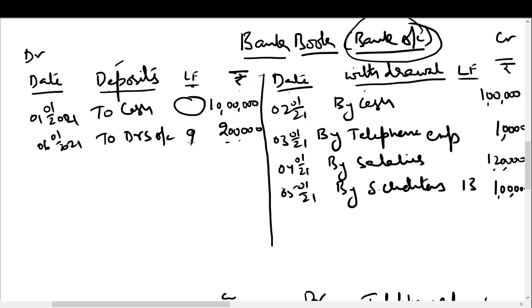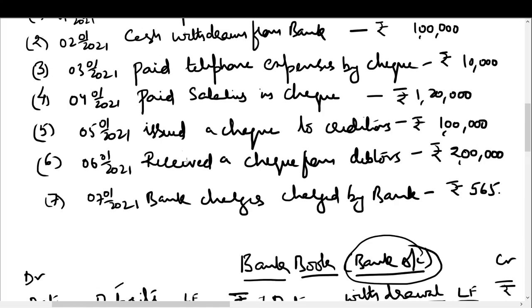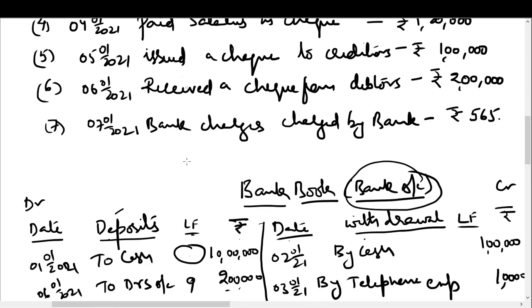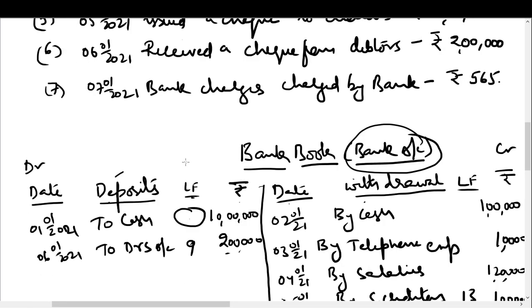Okay. Next, bank charges charged by the bank, rupees 565. Now the bank is charging for the services provided by the bank. A bank provides us many services. We can deposit money, we can withdraw money, we can issue checks, we can deposit checks, we can make digital transactions, we can make bank transfers, receive money digitally, make payments digitally. So they provide us a lot of services. For those services the bank can charge us some charges. They have charged 565 rupees.